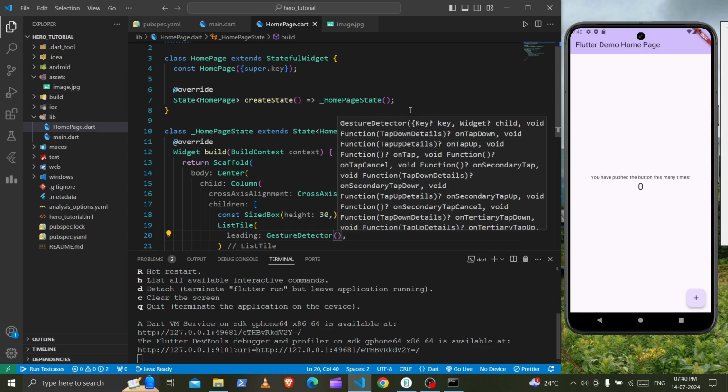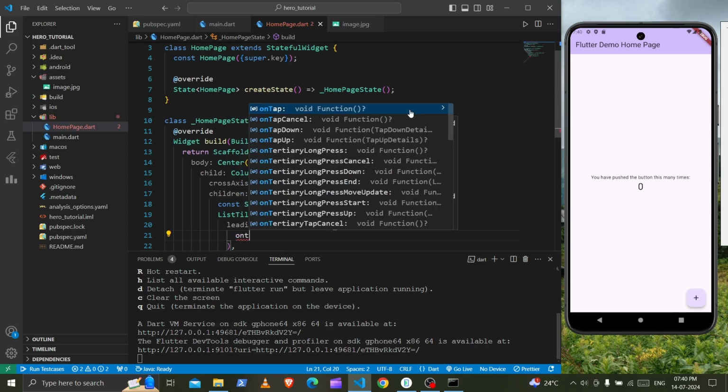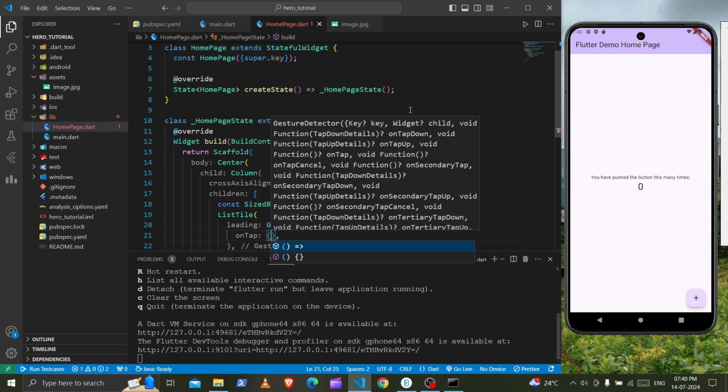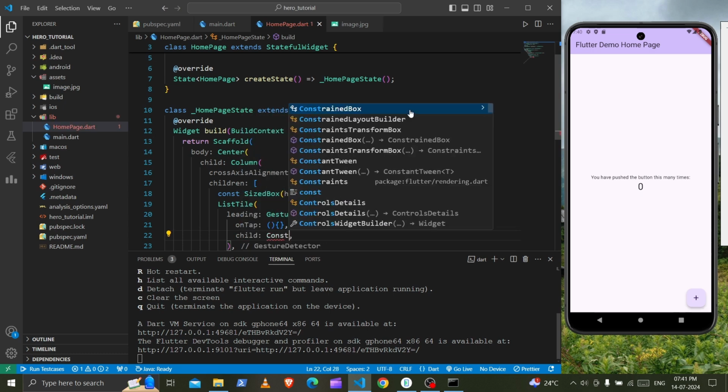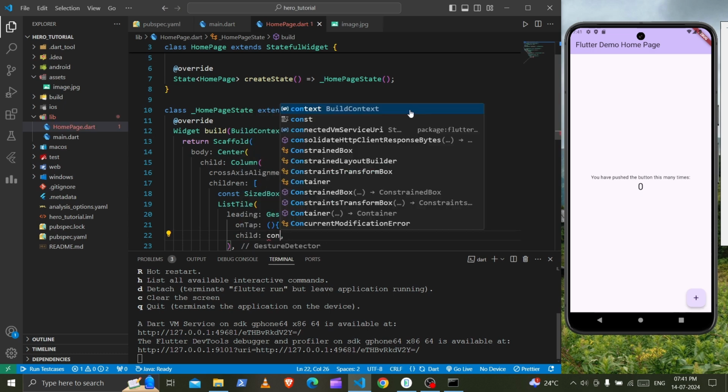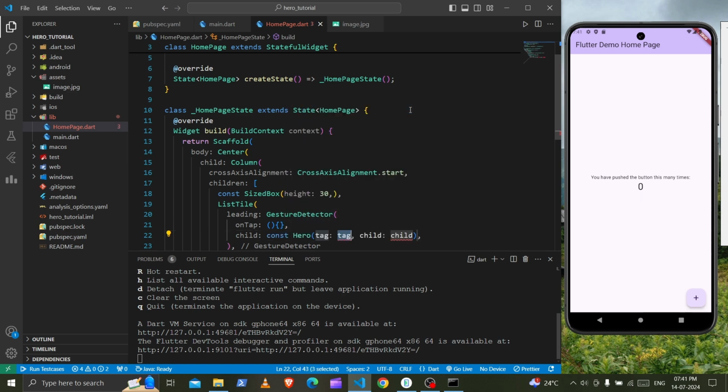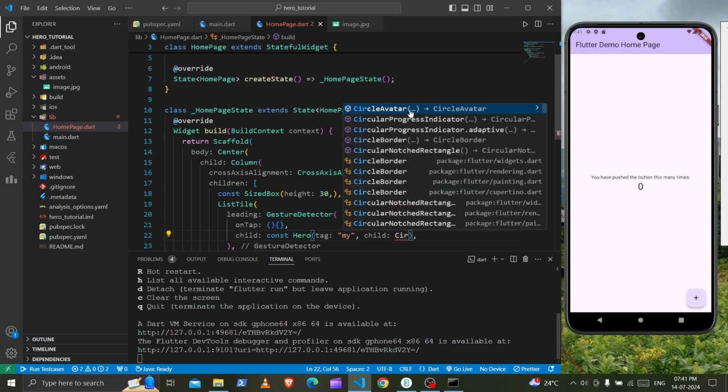It will have an onTap. We will define it later. And it will have a child of Hero. Let's name the tag anything, my. And the child will be circle avatar,